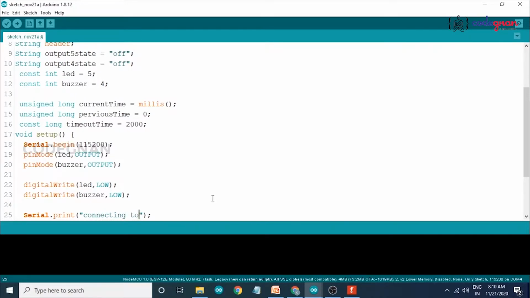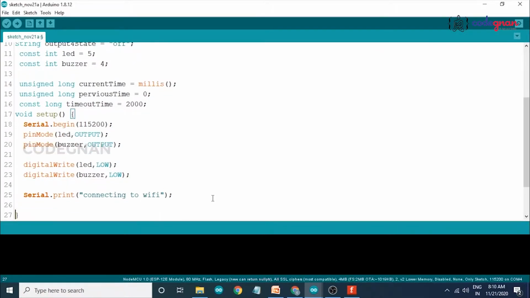Connecting to Wi-Fi. And now give the println of our SSID, so that we can know which SSID our NodeMCU is connecting to.